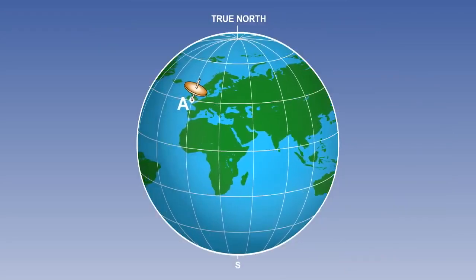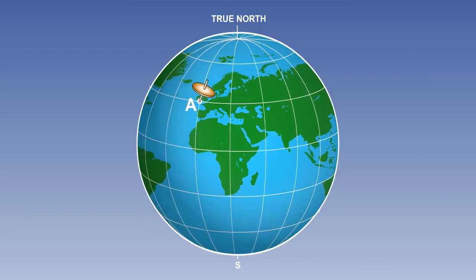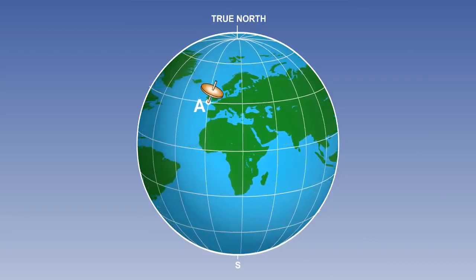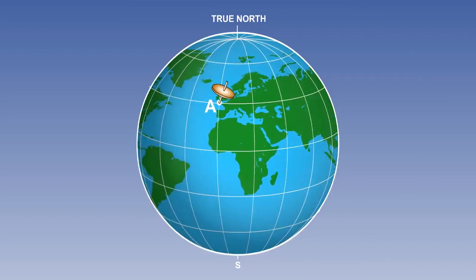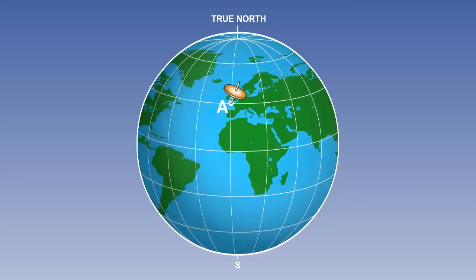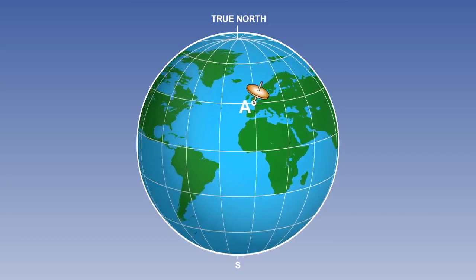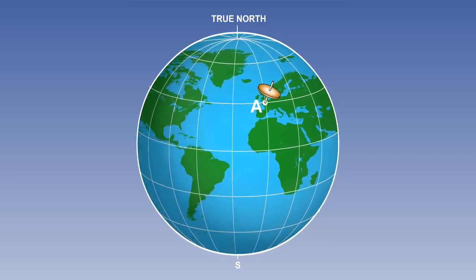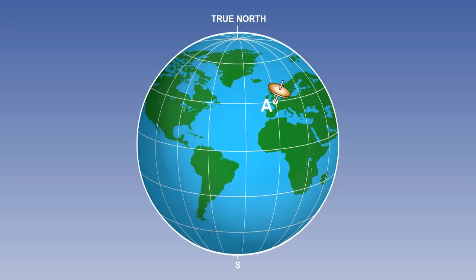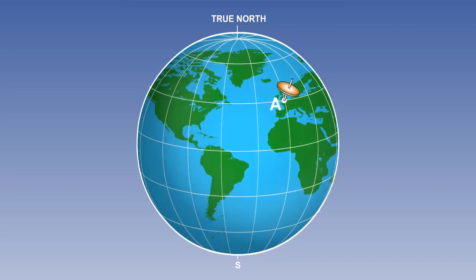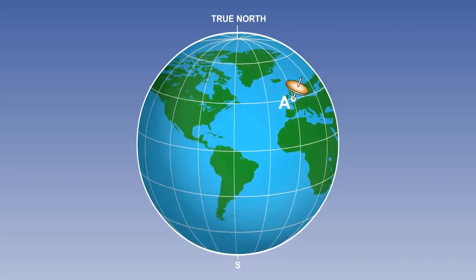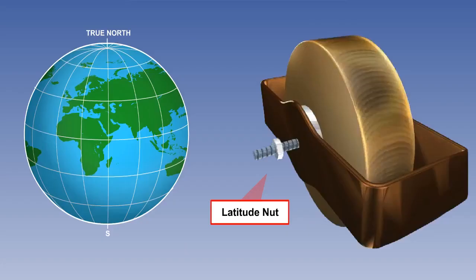Before going on to consider the errors caused by incorrect rotor speed, we need to know what a latitude nut is. We have seen that if the gyro remains in a fixed direction in space, apparent wander will occur due to Earth rate. The magnitude of the apparent wander will depend on the latitude, and it is possible to calculate the magnitude. The purpose of the latitude nut is therefore to deliberately introduce an out-of-balance mass to cause real wander in the gyro,